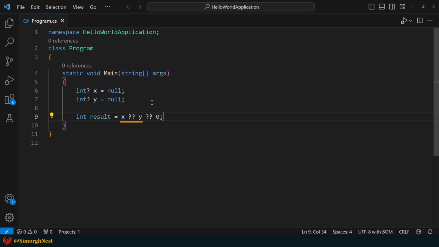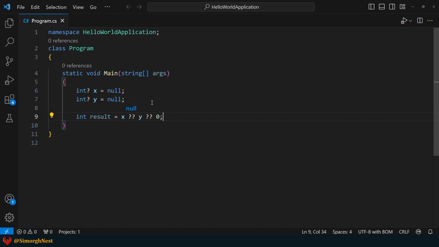Okay, in this example, the first part checks if x is null. If it's not null, the expression evaluates to the value of x. But if x is null, it evaluates to the value of y. And as you can see in our case, since x and y are null, this expression evaluates to null.